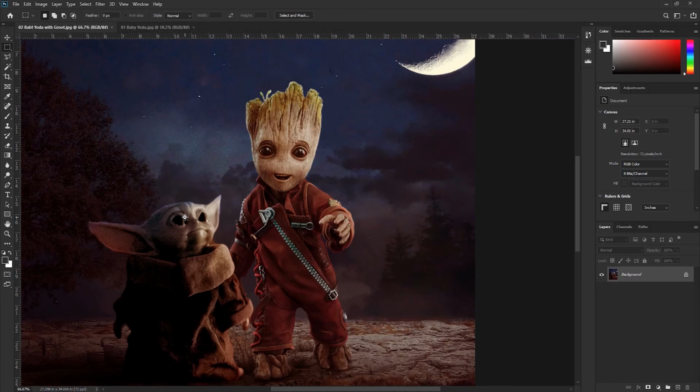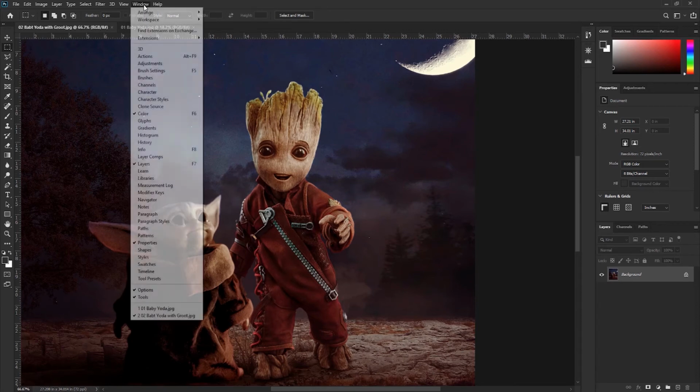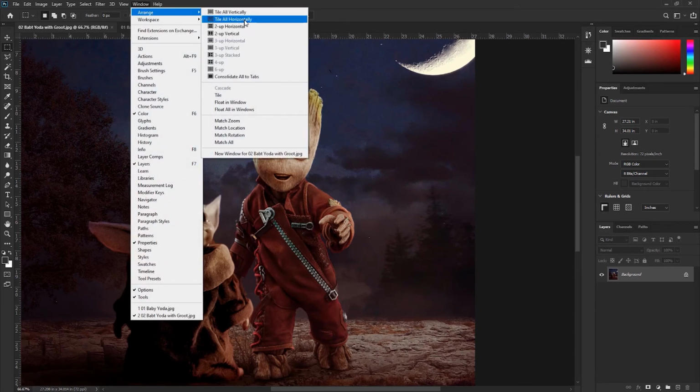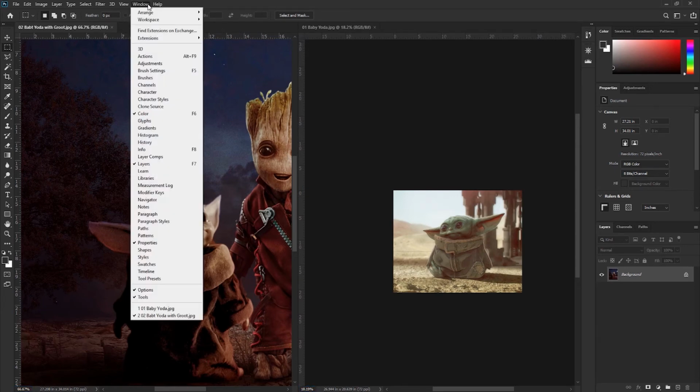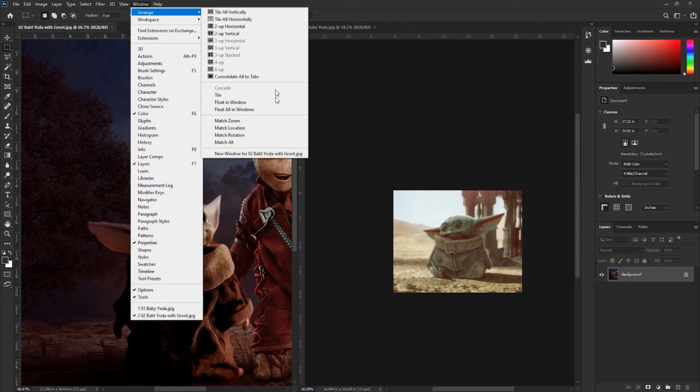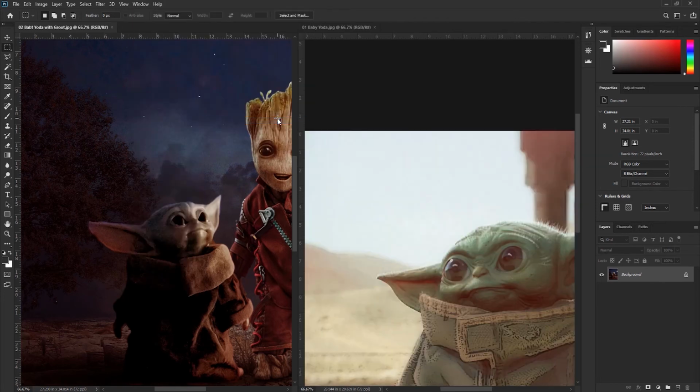But what if I am working with multiple images? I am going to tile them by choosing Window and then Tile All Vertically. Now these two images are at two different zoom percentages. If I wanted them to match, I could choose Window, Arrange and then Match Zoom.